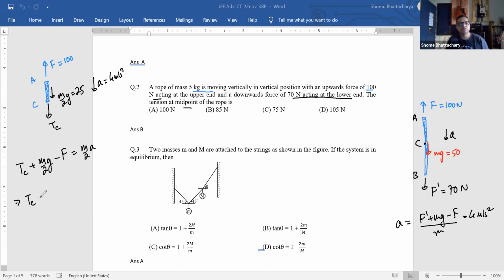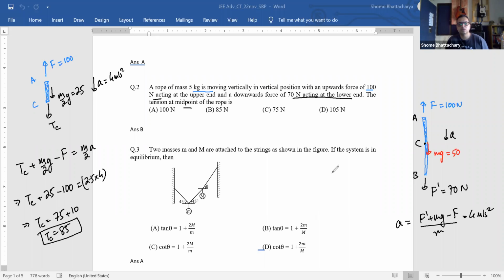So this unknown tension plus 25 newtons minus 100 should be equal to 2.5 times 4,